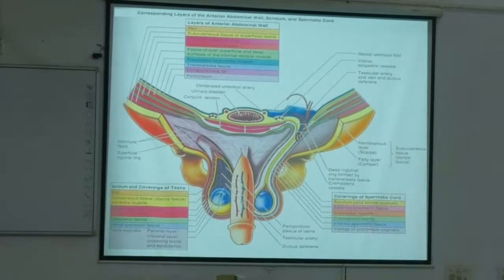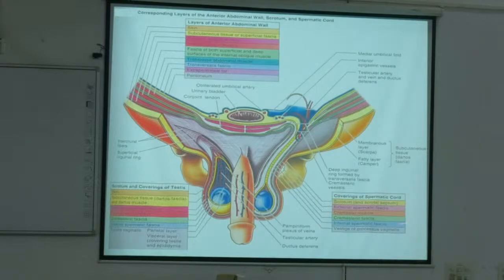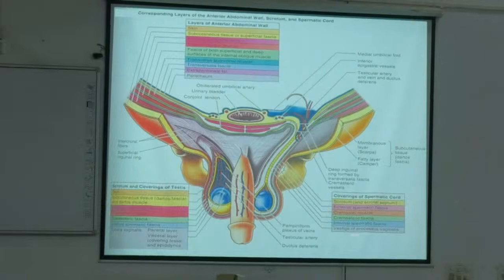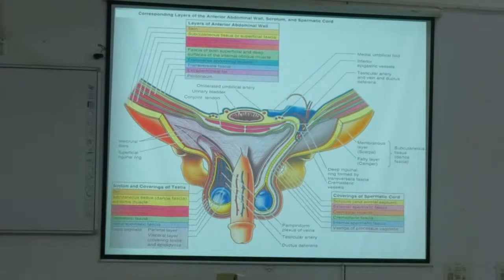Okay, these are the coverings of the spermatic cord. Scrotum and scrotal septum, then external spermatic fascia, cremasteric muscle, cremasteric fascia, internal spermatic fascia, and vestige of processus vaginalis. This is the obliterated part of the processus vaginalis. Next,